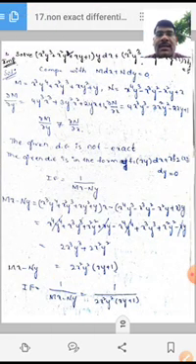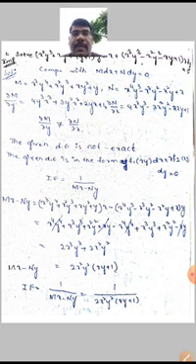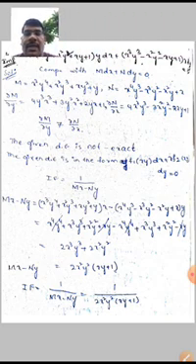Yeah, application is (x^3 y^3 + x^2 y^2 + xy + 1) y dx + (x^3 y^3 - x^2 y^2 - xy + 1) x dy = 0. This is compared with M dx + N dy = 0.